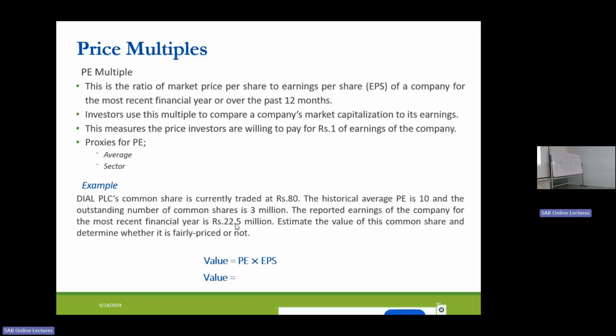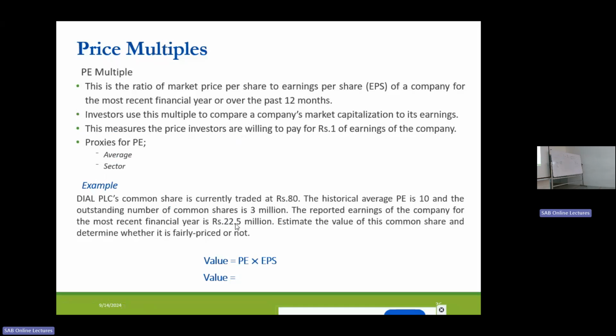So we have been given the past historical price earnings ratio. The company's historical average is 10. We have also been given the number of common shares, 3 million, and the recent earnings, 22.5 million. This is all public data. So the past historical average means that on average, investors paid 10 rupees for 1 rupee of earnings. Then the current earnings per share is